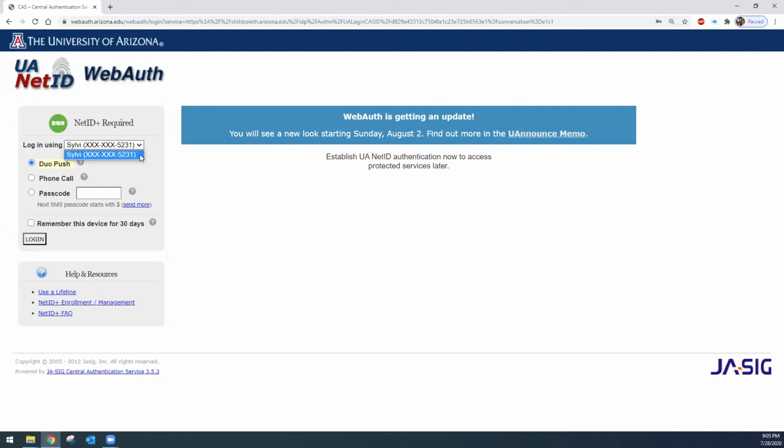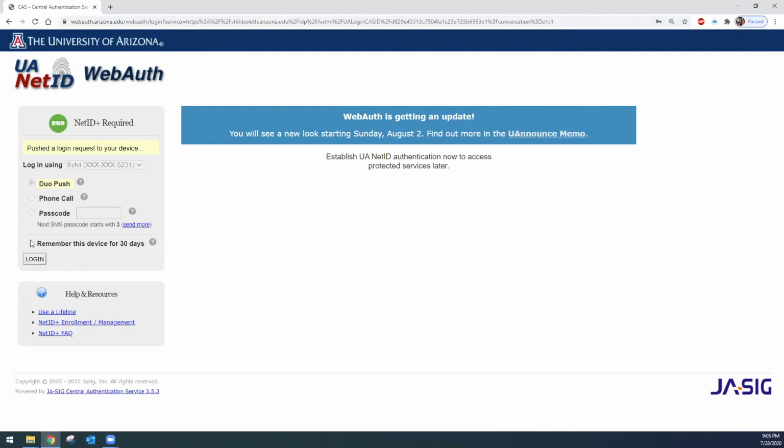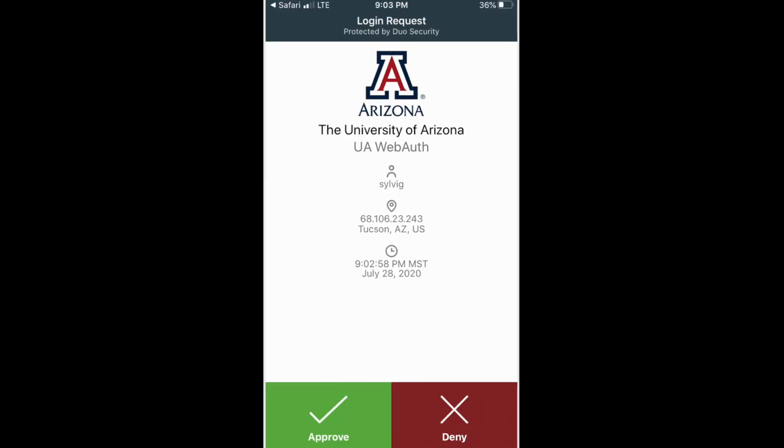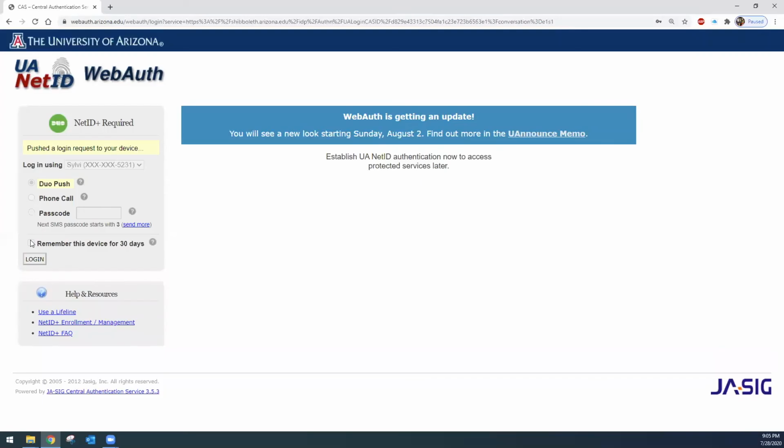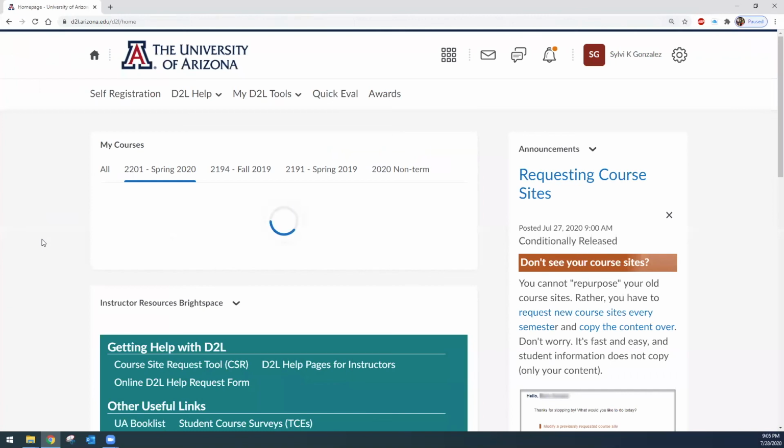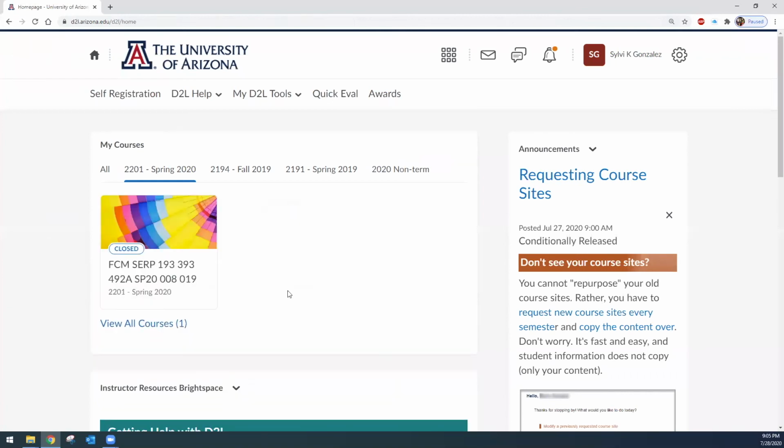Now I'm going to make sure it's my name that's on the alert, and I'm going to use the duo push and hit login. I get an alert on my phone, accept it, and success. Here we are at D2L homepage. I'm going to click on my class